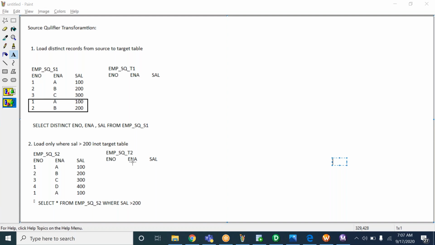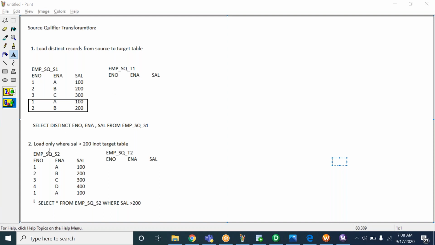Okay, so we can use the same target table for each SQL query? Not for each SQL query. I'm telling you that before we create every mapping, I'm asking you to create a new source table and a new target table, instead of using the existing or previous source and target. But you can also use the same source and target table and create a new mapping.